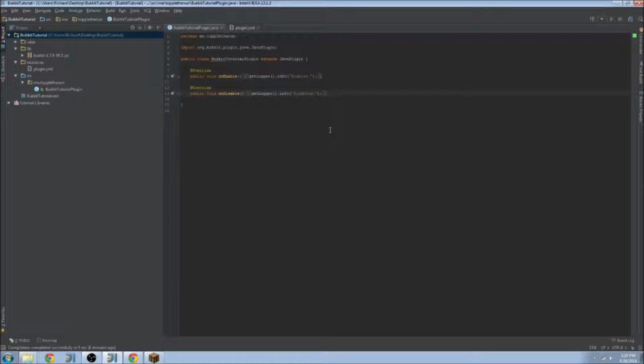Alright, so basically what I'm going to show you right now is how to make a little command in Java with Bukkit. I'm also going to show you this really cool little trick you can use with